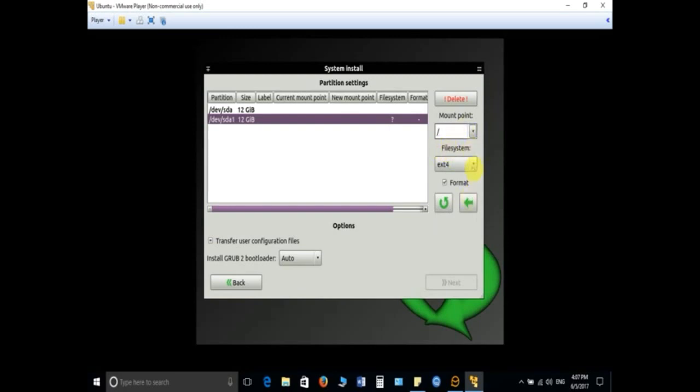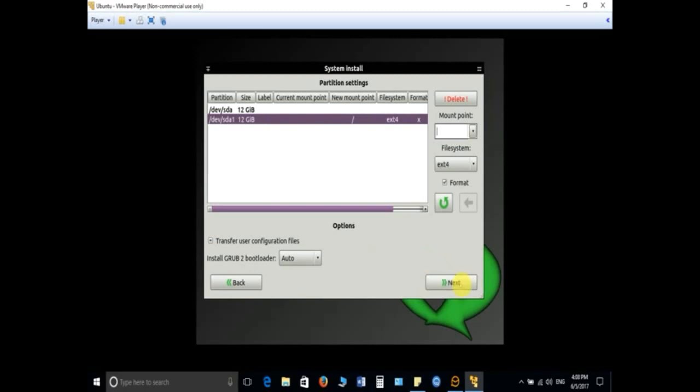You will find many file systems here, but we have to take ext4, and then when you have selected mount point and file system, click on format, that back arrow. So you can notice here this particular Next button is enabled. Earlier it was not visible or was in disabled mode, and you can notice here also that the new mount point is showing the /. So we are ready to install the Linux.